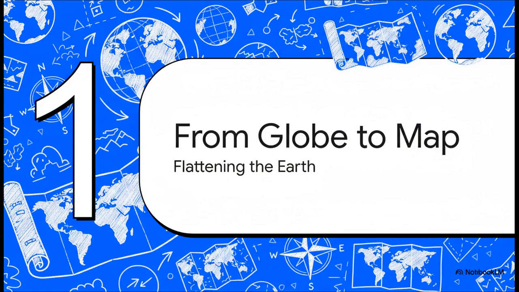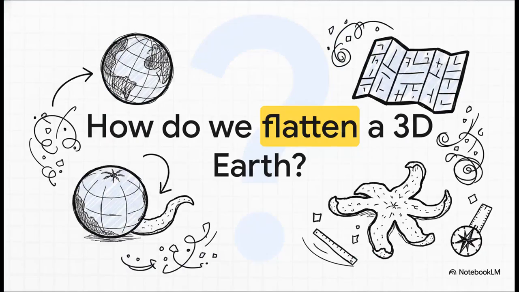All right, part 1, from globe to map. Let's tackle flattening the Earth. So, think about this for a second. Have you ever tried peeling an orange and then laying that peel completely flat on a table? You can't do it, right? It rips, it stretches, it totally distorts. Well, that's exactly the sheer mathematical impossibility cartographers face when trying to perfectly flatten a 3-dimensional, curved planet onto a